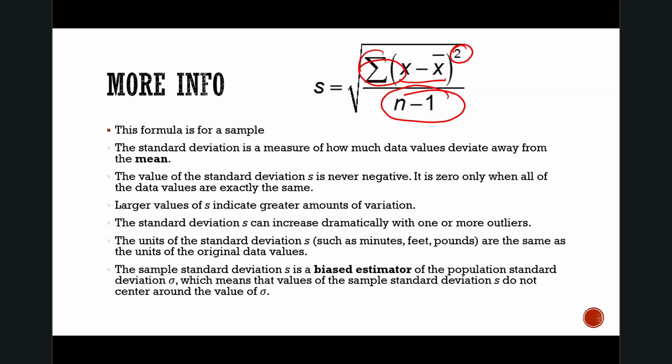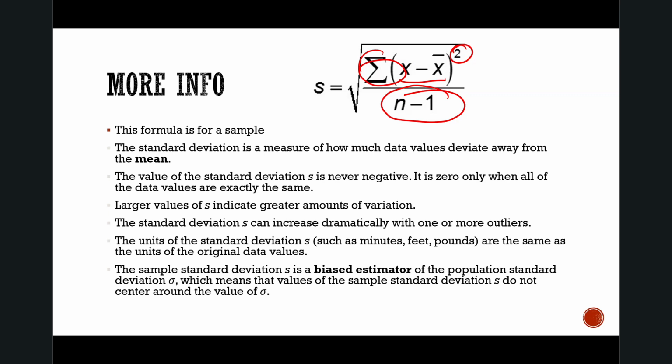And it's a biased estimator, which we'll talk a lot about later. But roughly, something that's not a biased estimator is the mean. If I took different random samples of 30 people from a population, and I took the mean height of theirs,